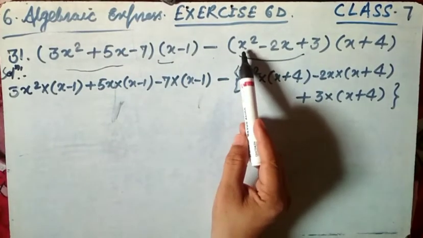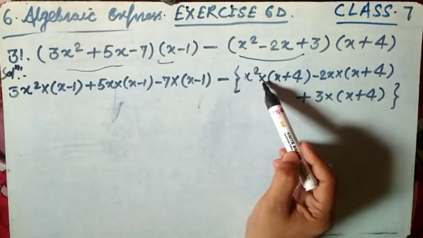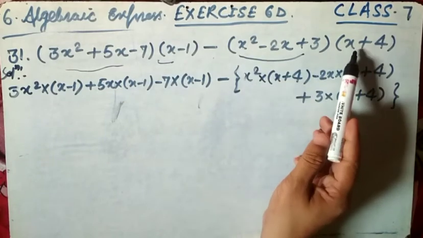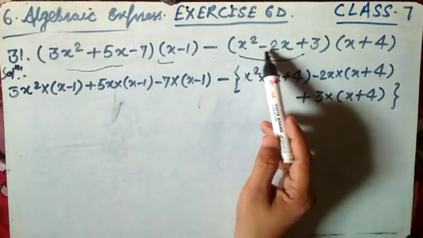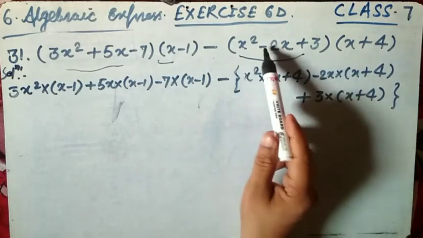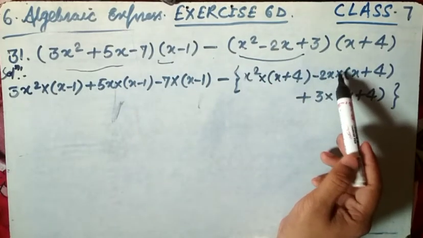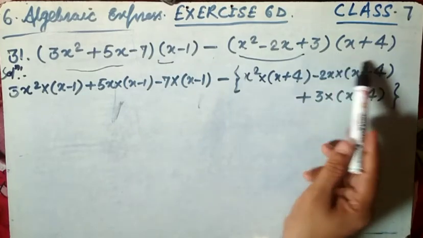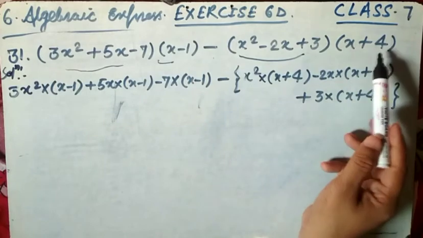This is a very simple method that you are going to use. First we have to select the first term, then write the first term as it is, with the sign of multiplication, and write this expression. Then move to the next term, write the same next term including its sign. Here is the minus 2x, write minus 2x as it is. Here we multiply, because we have to multiply with this, write as it is. Then move to plus 3, multiply this.